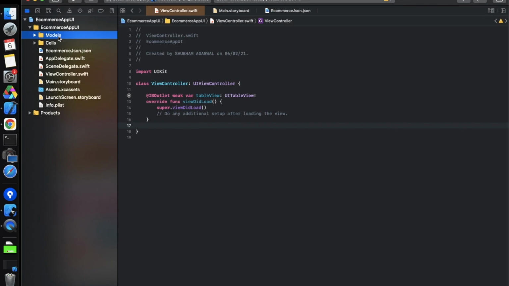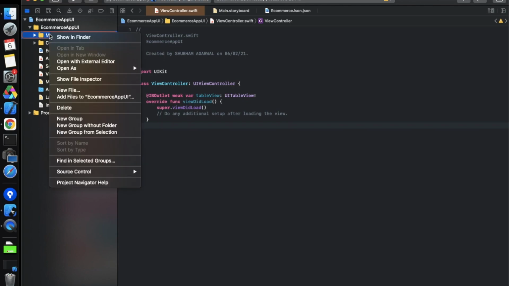That model should be placed in this model folder. All the sales files are placed in this sales folder, and view controller files are placed in the view controllers. UI files will be placed in UI, like storyboards are placed in the storyboard exhibits, something like that. So this way we are very organized with this project.